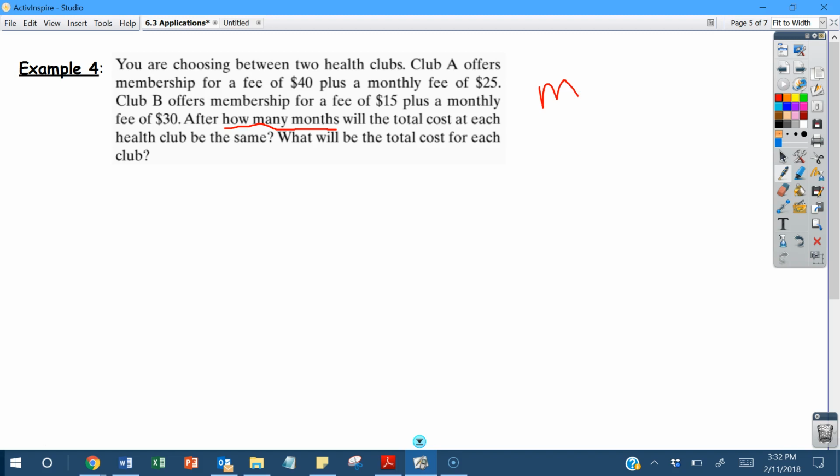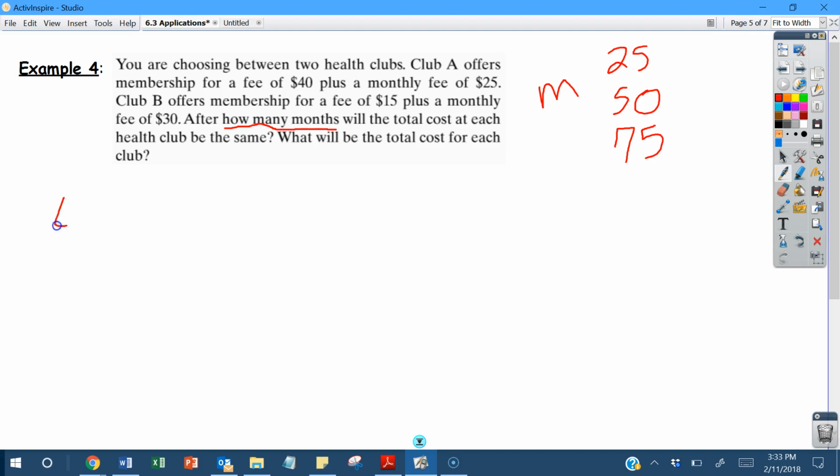And now that we have that, maybe we can express some of this information in terms of number of months. So maybe, let's see, you start off in Club A with a flat fee of $40 and a monthly fee of $25. So this means every month you're going to be paying $25. So kind of like in the last example, in the first month you're paying $25. After 2 months you paid $50. After 3 months you paid $75. So what this looks like is